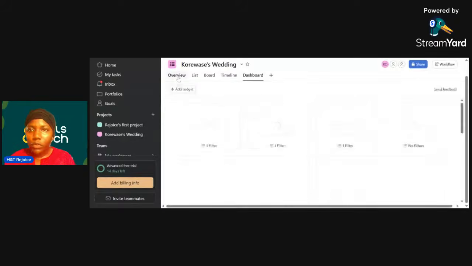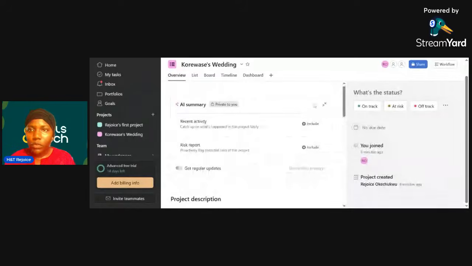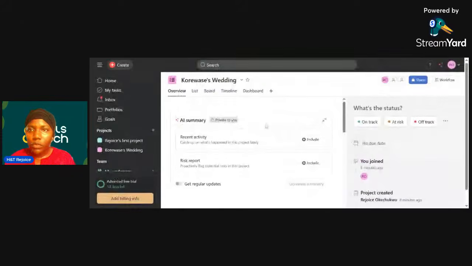With this total of one incomplete task, you'll find all the tasks you have to do there. So with this, I believe Choreoase should be able to track the wedding from start to finish. You can include more features. That's the basic use of Asana.